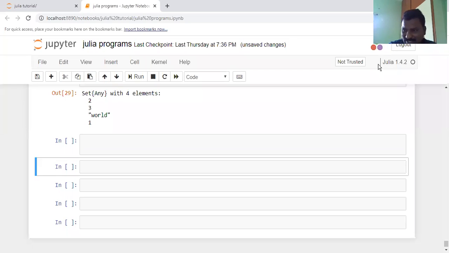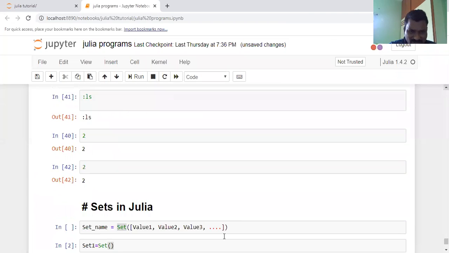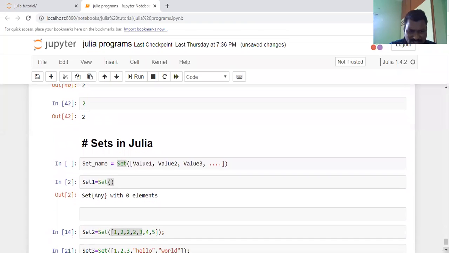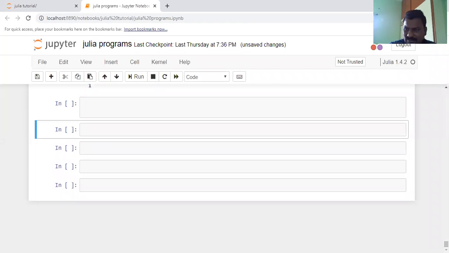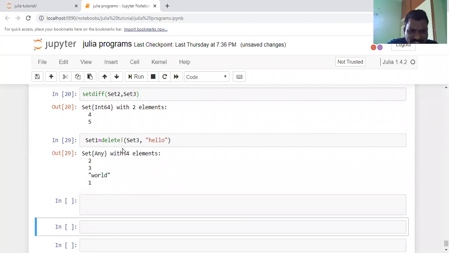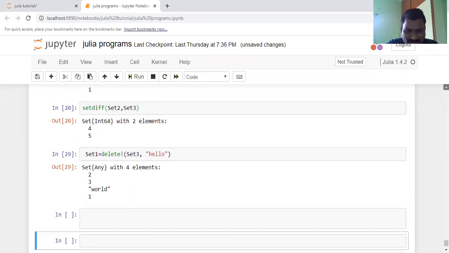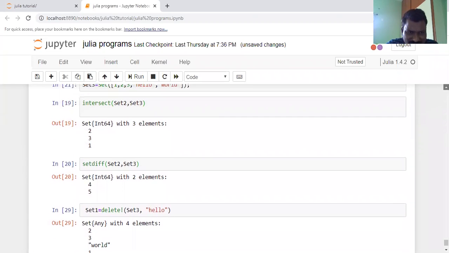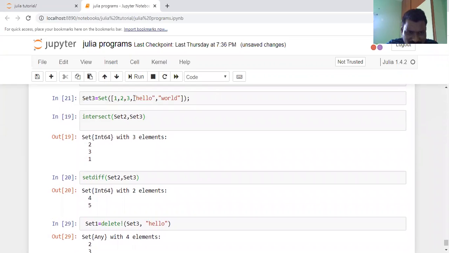Yes, it is a capital letter. That means Hello with a capital, and here a small letter is there. If you execute the delete operation here, yeah, one minute. If you execute the delete exclamation mark on set 3 with hello written in capital letters, the hello element in set 3 is removed.